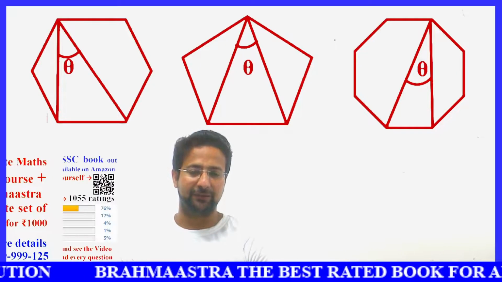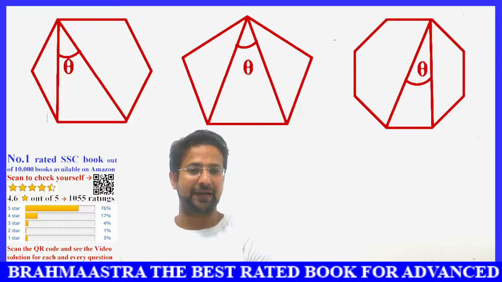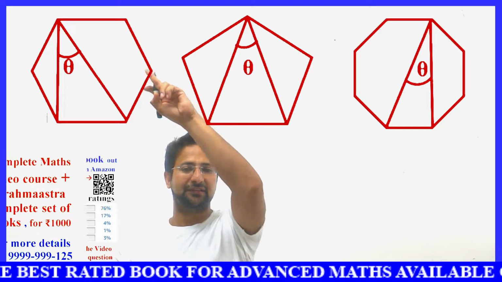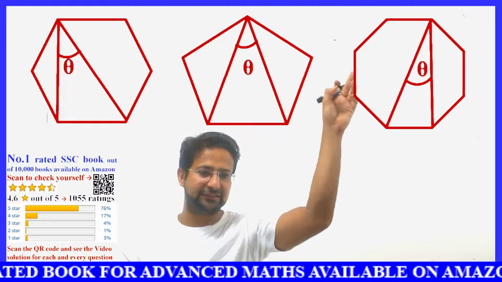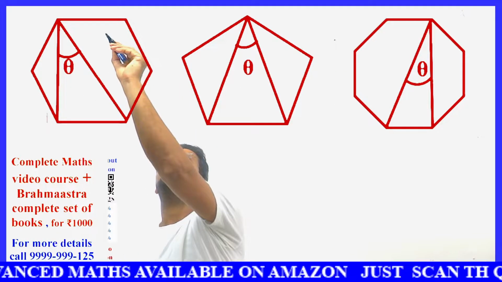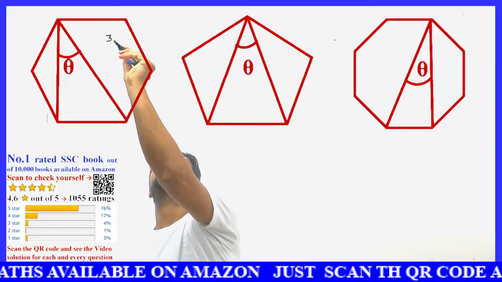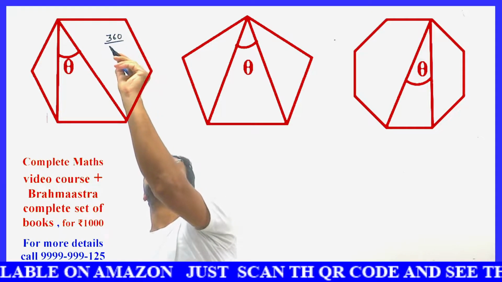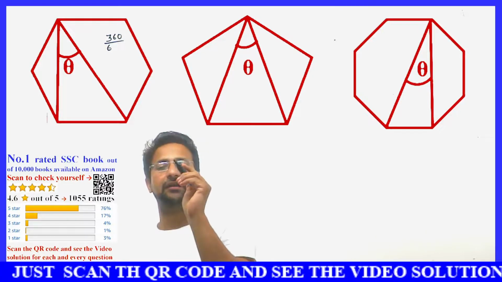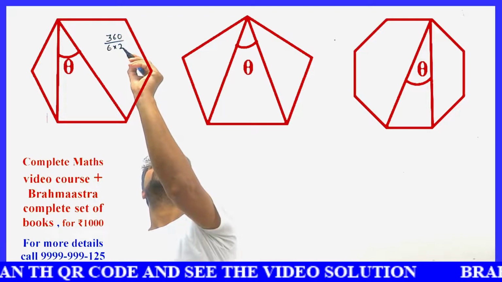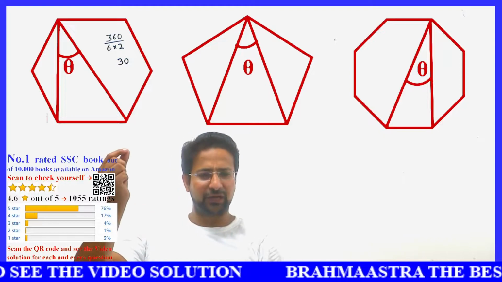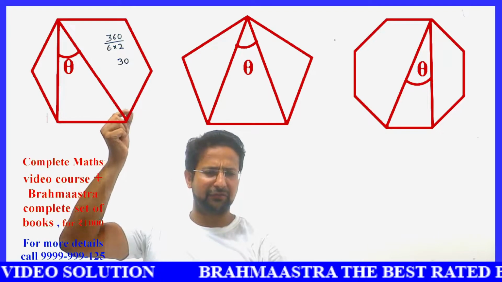See, first, this theta is inscribed in a regular hexagon. First of all, these are regular figures. This has six sides, this has five sides, this has eight sides. What will this angle be? This is theta. This theta will be, see how many sides we have? We have six sides. So what I'll do is 360 divided by 6. This angle theta will be 360 divided by 6, further divided by 2. Okay, so this will be what? 30. Okay, I'll tell you the exact method within a minute.